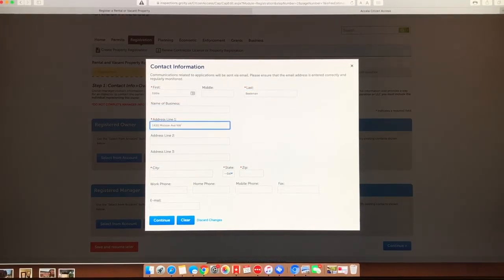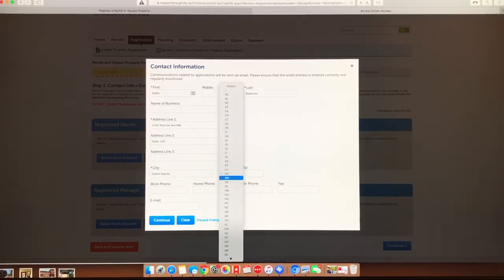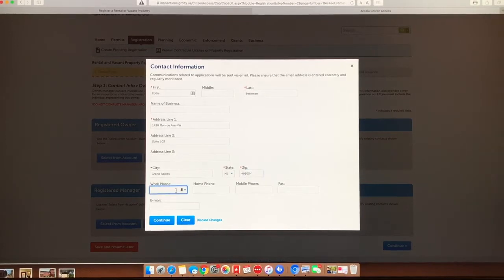Address, and then you can enter any phone number if you want. You don't have to. We normally do put an office number, and then an email. Hit continue,